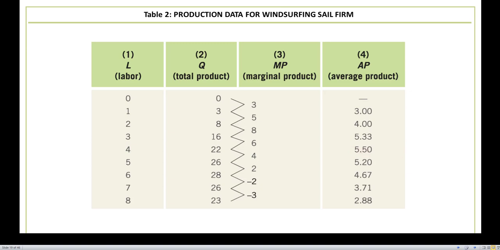So as you notice, these columns right here, column 1, 2, 3, 4, detail exactly production in the short run. And there's going to be a very good relationship that does develop between every single one of these variables right here. So as we increase labor, what happens to our total product? What happens to our marginal product? What happens to our average product? What happens with the relationship between marginal product and average product as labor increases? So go ahead and take a closer look at this table in detail and see if you can see some of the relationships developing as we increase our labor.